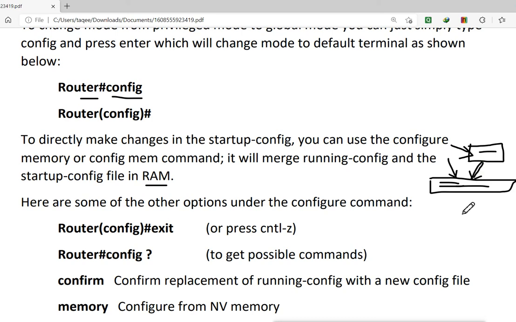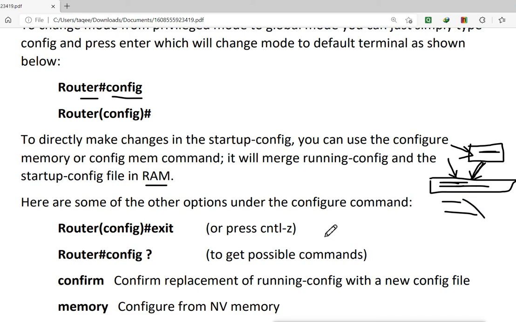If we want to merge the configurations, you can run the config mem command, and it will merge the startup configuration that is saved with the configuration we have configured in the RAM, in the running configuration. The configuration is loaded from NVRAM, and right now it is this. Then we have extra configurations in RAM, so both will be merged.